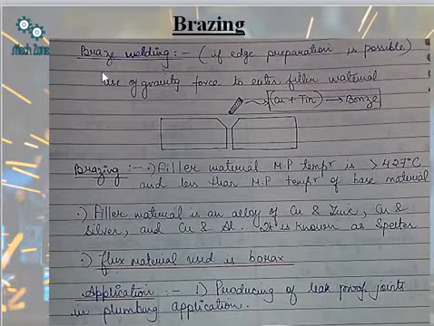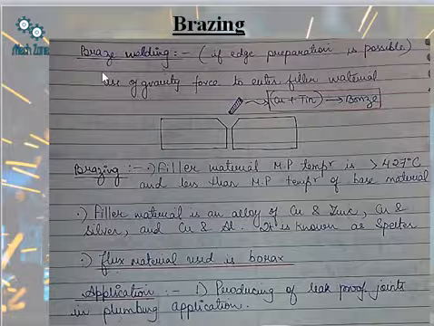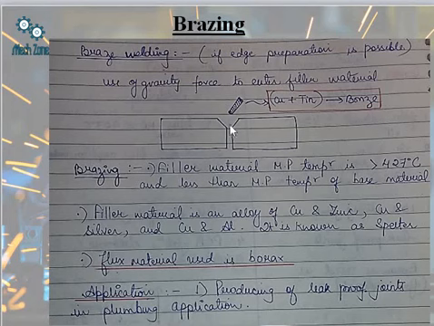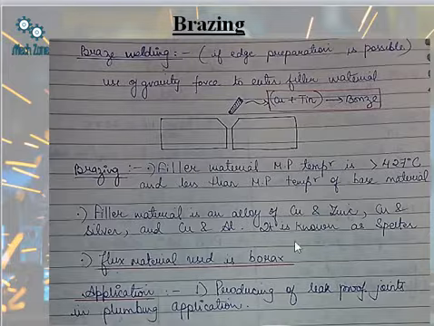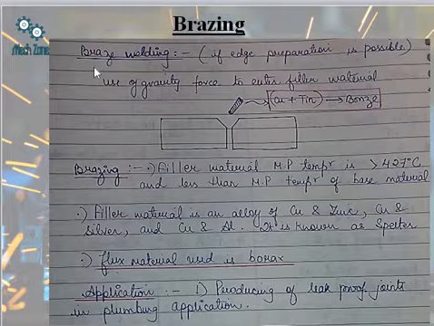So next topic is braze welding. In case of braze welding, if edge preparation is possible, and we are actually using the concept of gravity force to enter the filler material in the downward direction, and this filler material is actually a combination of copper and tin, that is bronze. So bronze is actually used as a filler material, whereas for flux we are using borax bead. So this is very important, and it may be asked in the 1 mark question that name the flux material which is used in the case of braze welding and name the filler material.